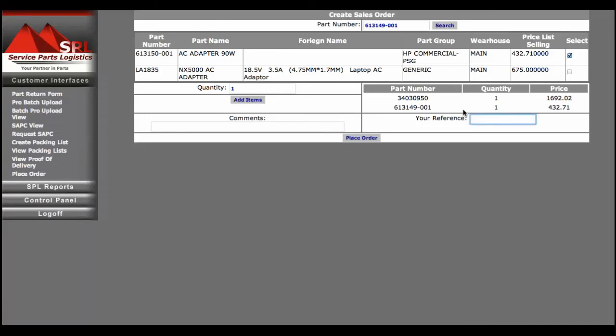What's incredibly powerful is that we've now opened up the API, and you can in fact integrate this functionality into your own ERP software, and you can automate these processes. But that's another topic for another entire session. Right, now let's jump ahead and we can talk about SPL, the SPL reports over here, and you can see exactly what